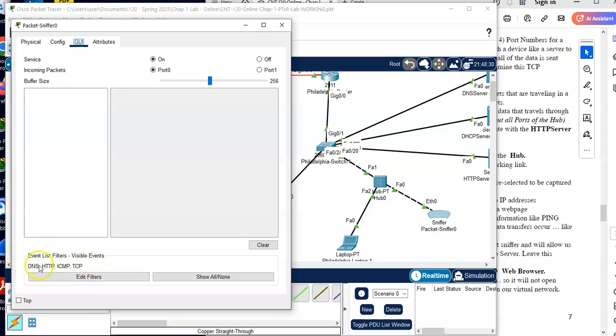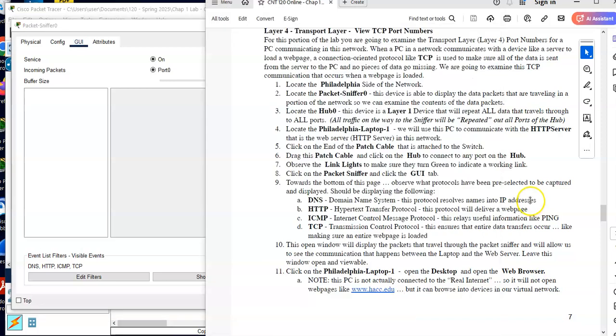I did these for you. It's going to show DNS, web traffic, ping traffic, and TCP traffic. So it's only going to show those things out of the traffic that moves through. So what we're going to do now,